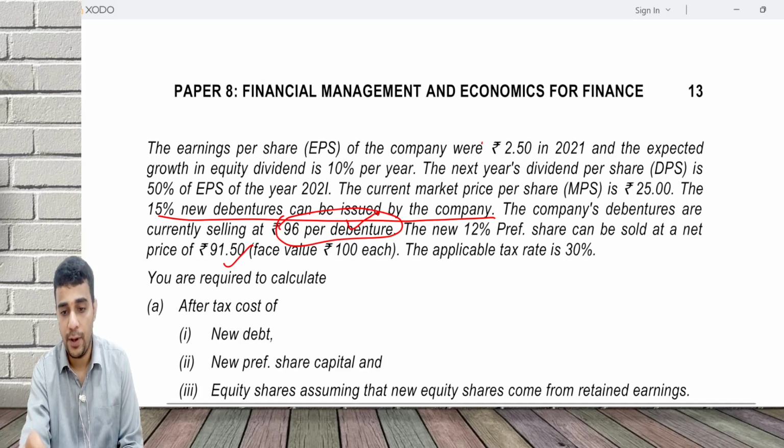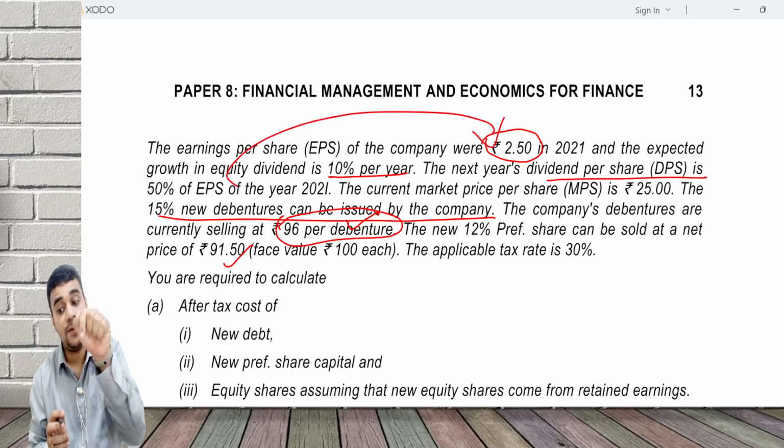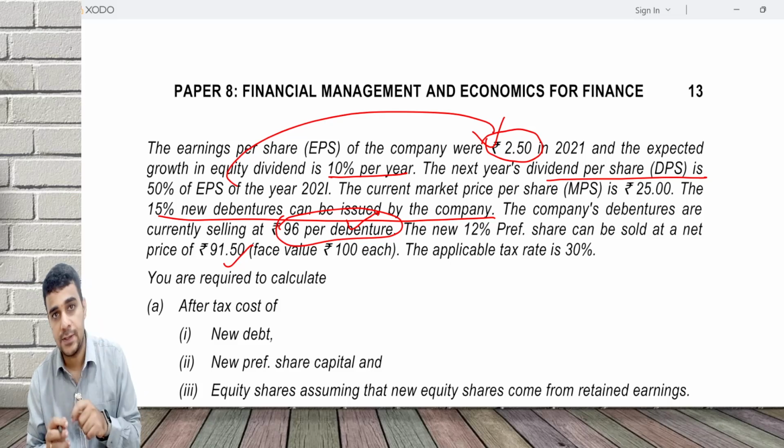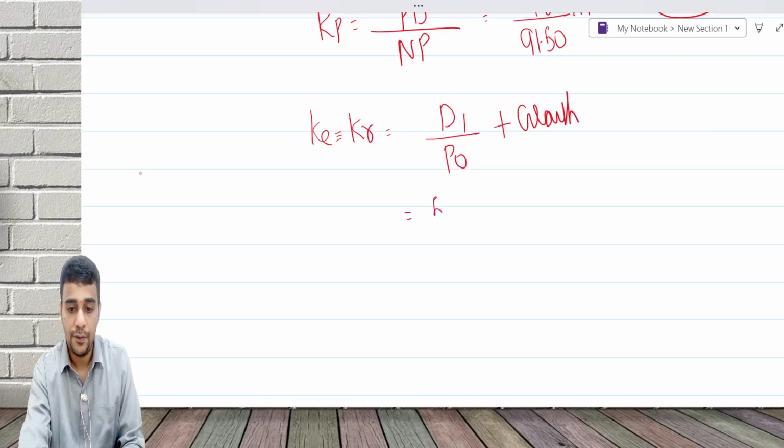EPS is 2.5. Next year growth will be 10%, and the dividend is expected to be for the next year. Next year dividend is 50% of 2021 EPS, that is, 50% of whatever EPS is reported. So 50% into